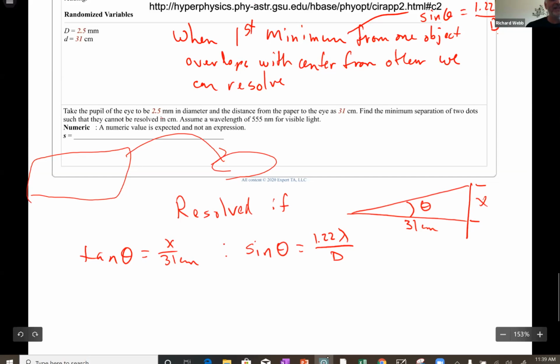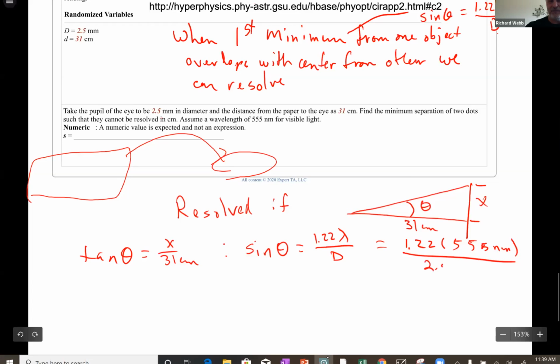They said tangent theta is equal to sine theta is equal to theta. That would be true if 1.22 times my wavelength is much less than the diameter of the eye. So that'd be 1.22 times 555 nanometers divided by